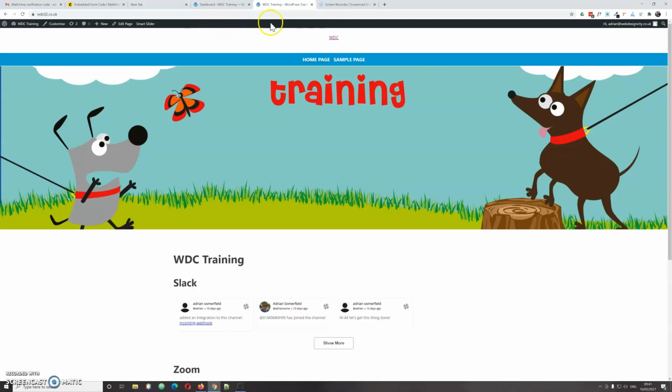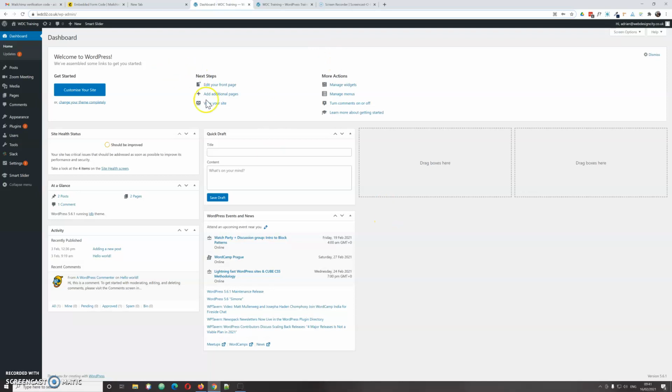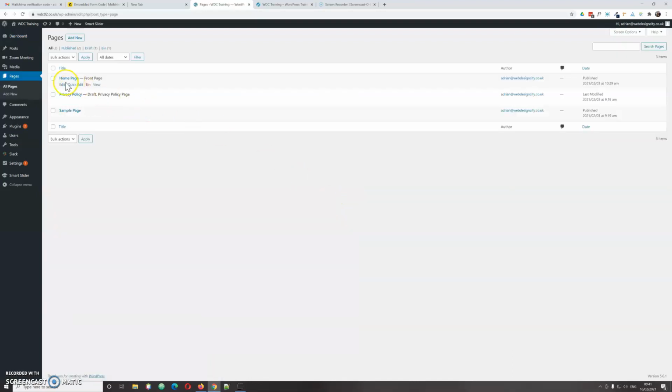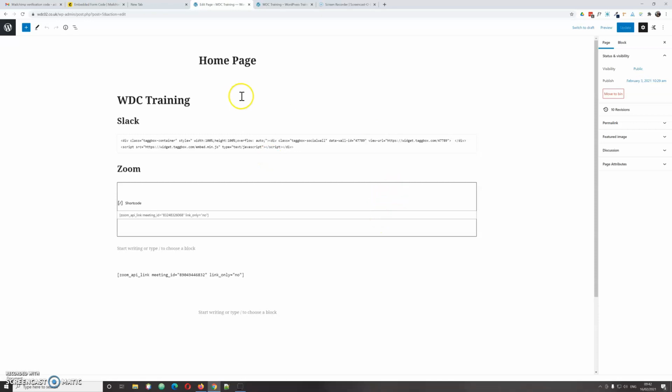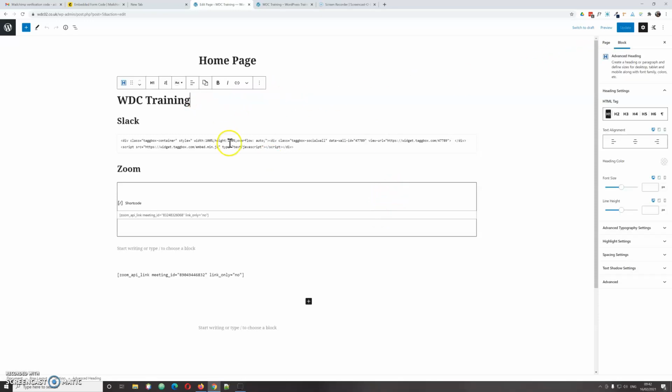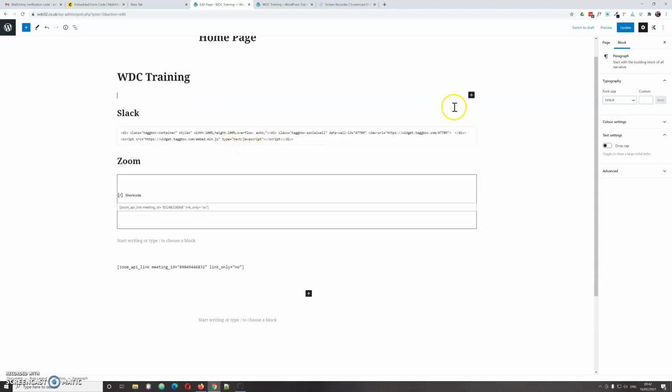And so that's the front end. This is the back bit. This is the admin. Pages, all pages. Go to the home page. And just does that to start with. Go to the top end, hit enter, and I'm going to do